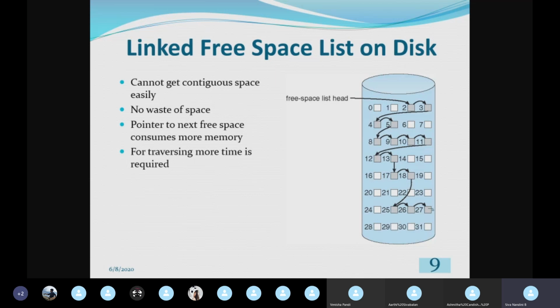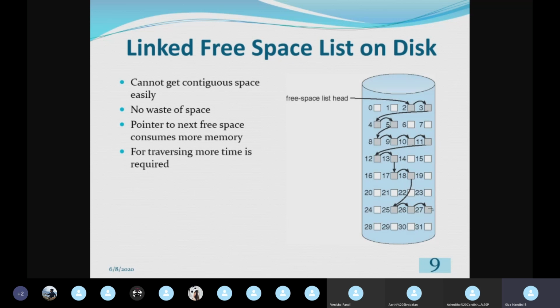From 2 we go to 3. 3 is a free block, and after 3 we have the fourth free block. Then after 4 we have the fifth free block. Then after 5 we have the eighth free block. After 8 we have the ninth free block. Likewise we go up to 27. This 27 will have a null pointer to indicate it is the last free block.